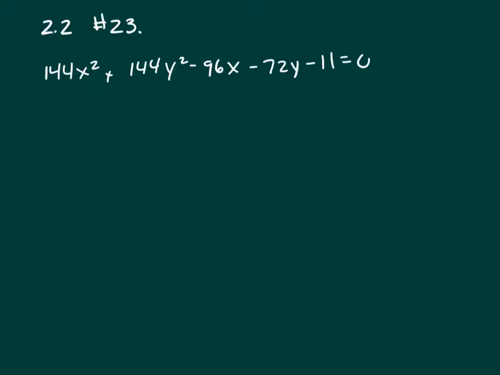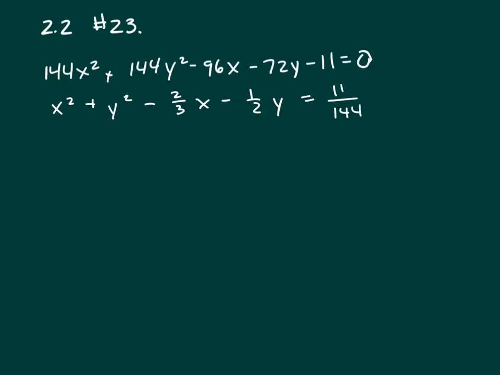The first thing we need to do is make sure our x squared and y squared have a coefficient of 1. So I need to divide every term on both sides. Right now we have a 0 on the right, but we need to divide everything by 144. So that will give me x squared plus y squared, and then 96 over 144 reduces to 2/3 x, minus 72 divided by 144 is 1/2 reduced. And then let's move the 11 to the other side, and we've got to divide it by 144